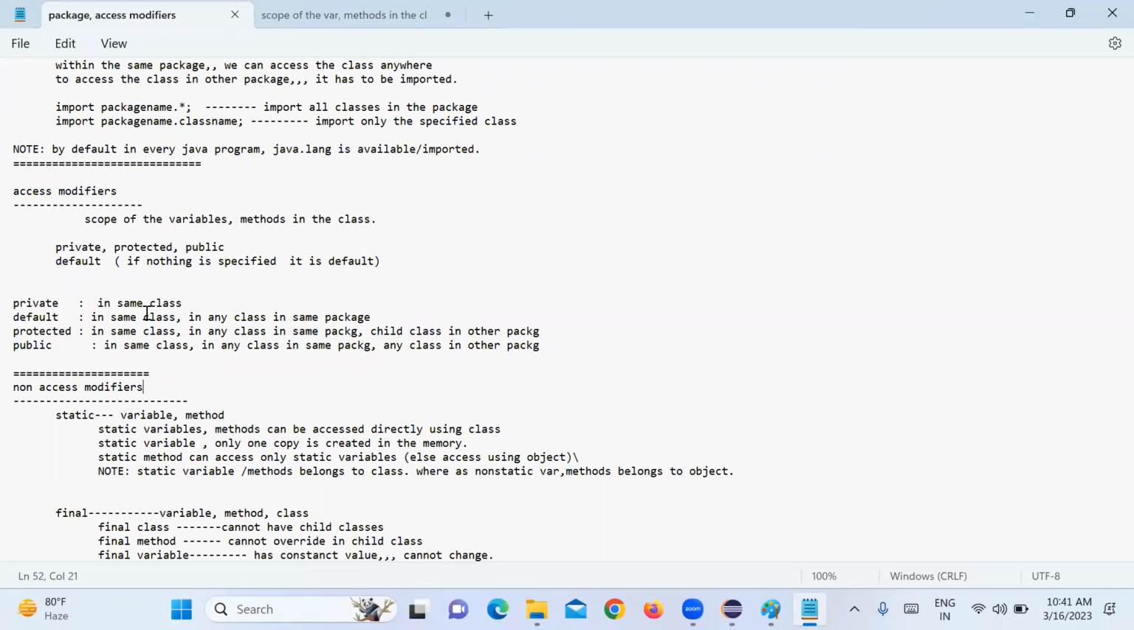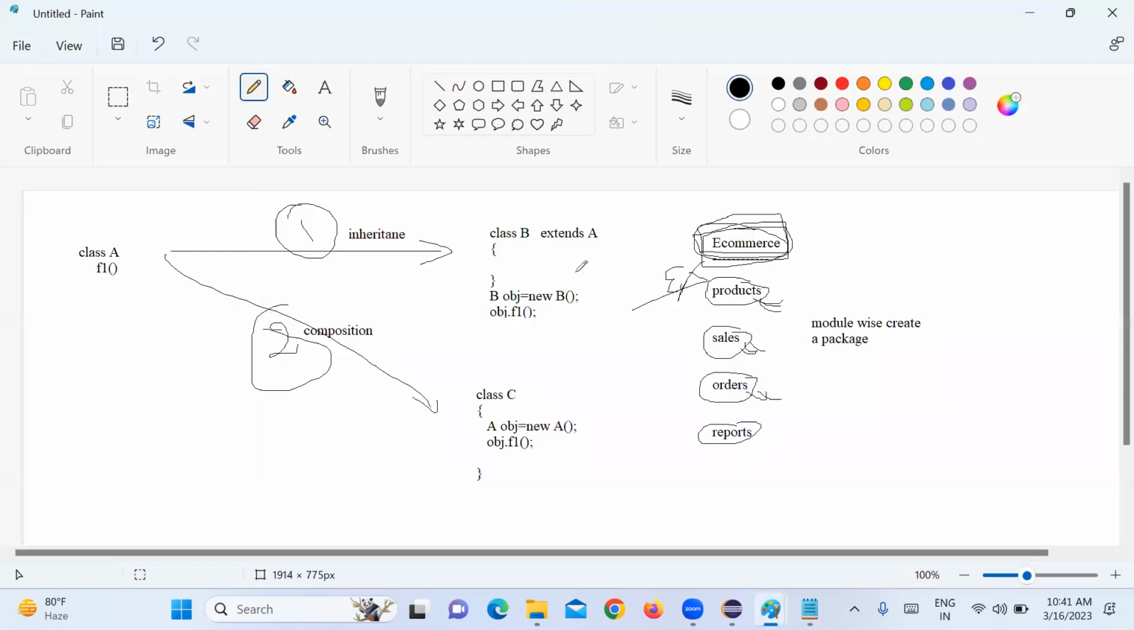This is okay for all of you? Yes, sir. Okay, private, where can we access? In the same class, inside the same class only. Default, in same class, any other class in the same package. Protected then